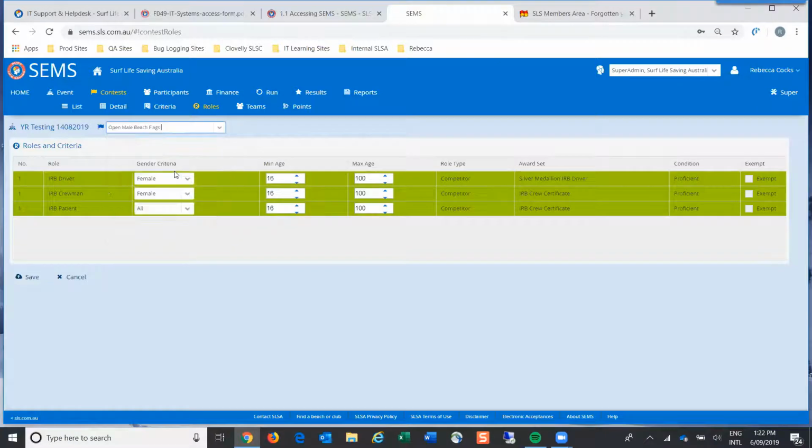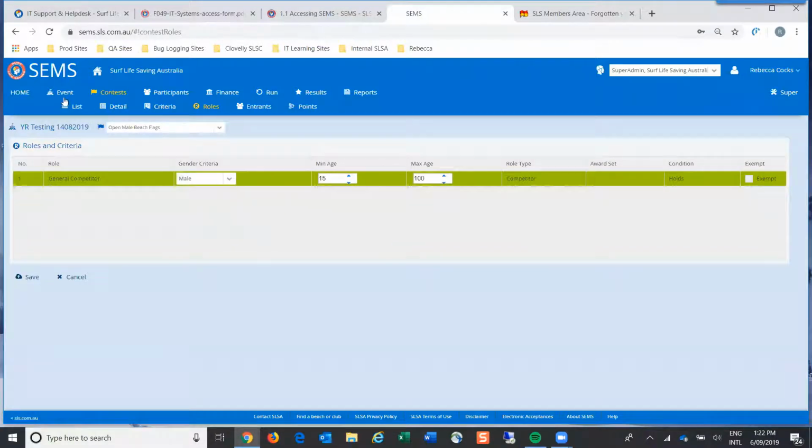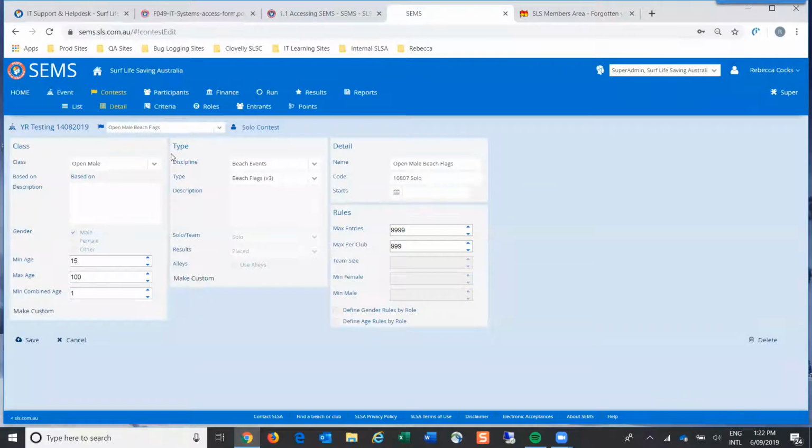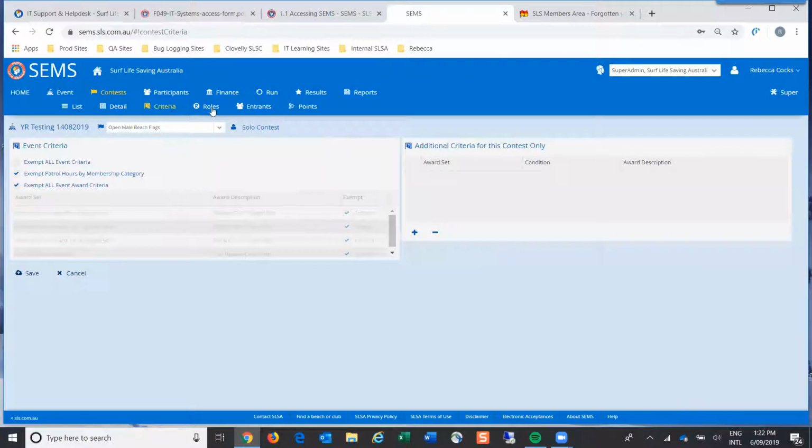So if I go into the open male beach flags, and I go back to details for the open male beach flags. This one is a solo, okay, criteria, just the standard ones that we set, or you could, just for this one contest, the organiser may have exempted all event criteria.